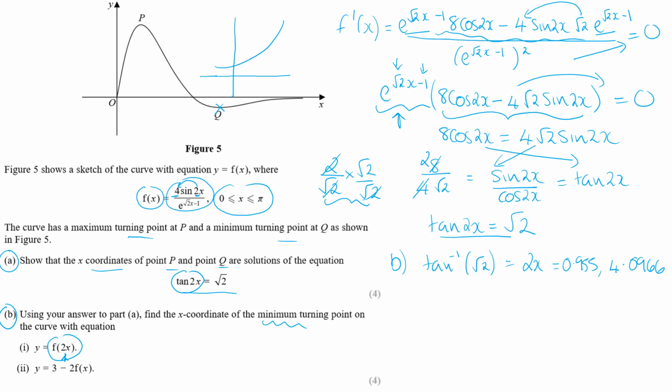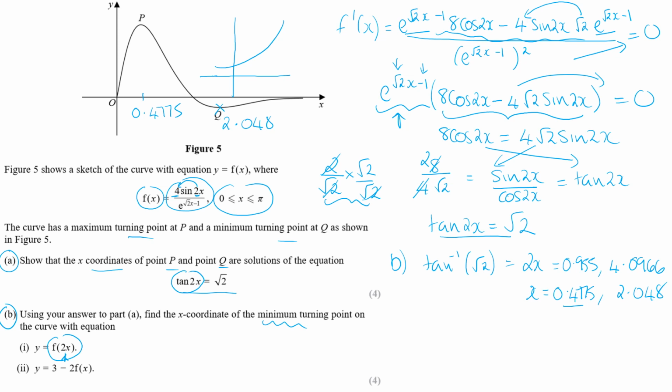You just need to get your first one on your calculator and then add pi on, and then dividing by 2, x will be 0.4775 or 2.048. Now obviously the 0.4775 is the first one, so that's going to be where P is, 0.4775. Q is the